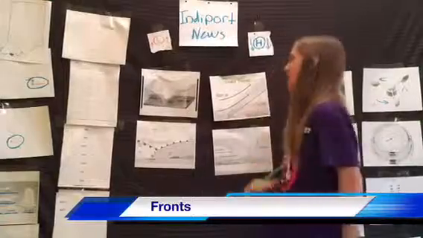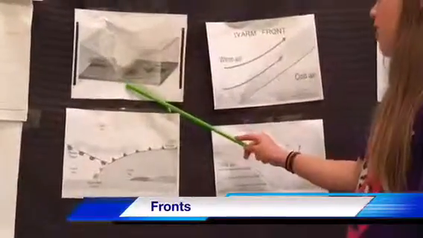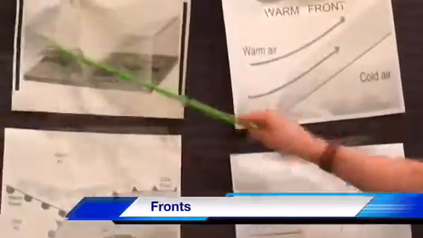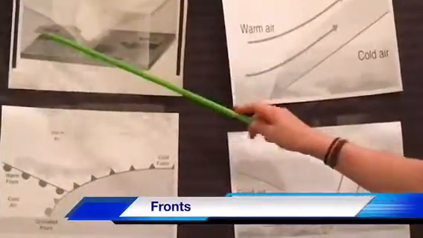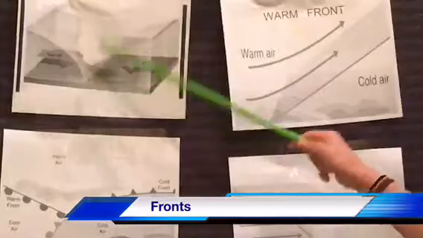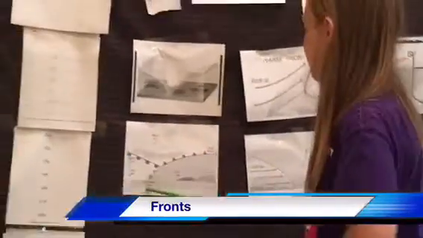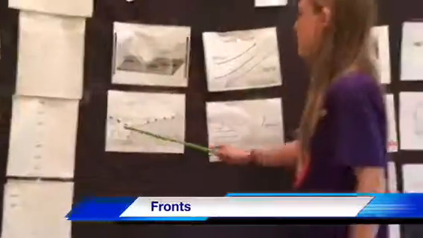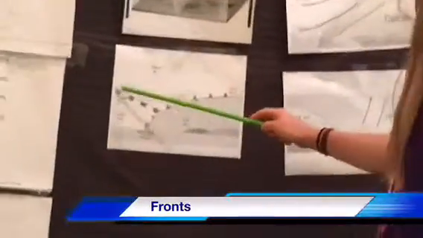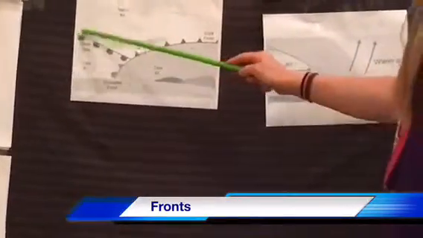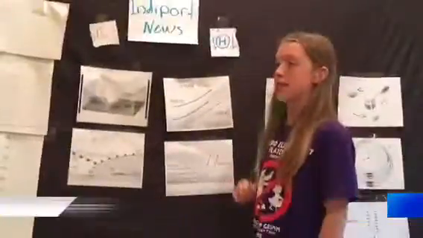There are 4 types of fronts. One of them is the stationary front. It occurs when 2 air masses, one warm and one cold, with the same force, collide with each other. It causes several days of lots of rain and wet weather. There's also the occluded front. It's when 2 cool air masses are there and then one warm mass collides with the 2. It can cause lots of rain and snow.